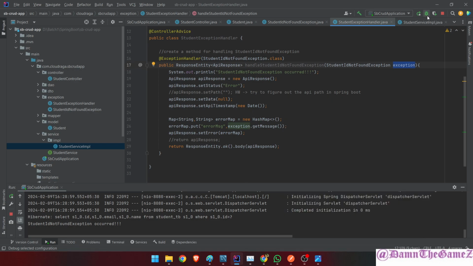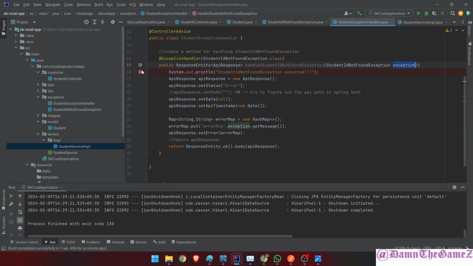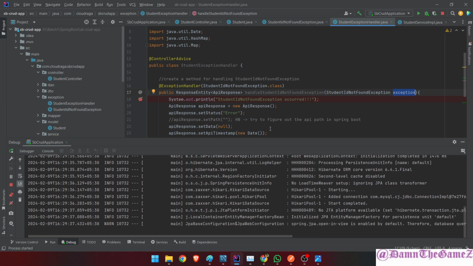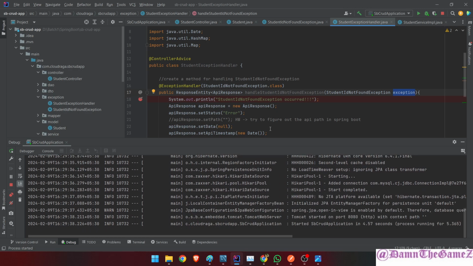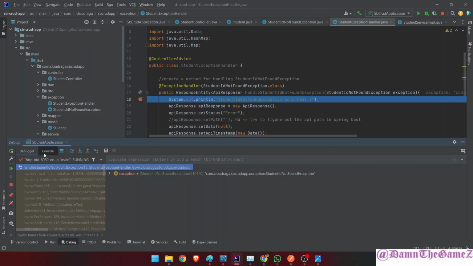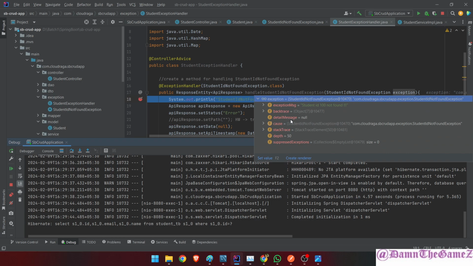Okay, let's do one thing. Let me show you the debugging mode as well. Okay, so I'm stopping the server. This time I will debug the code. You just have to left click on any line number, and click on this bug sign. So you will also learn it. I will take a proper class for this, how to debug the code. Okay, application is up. I'm requesting 100. Okay, it's here. And if I check detail message